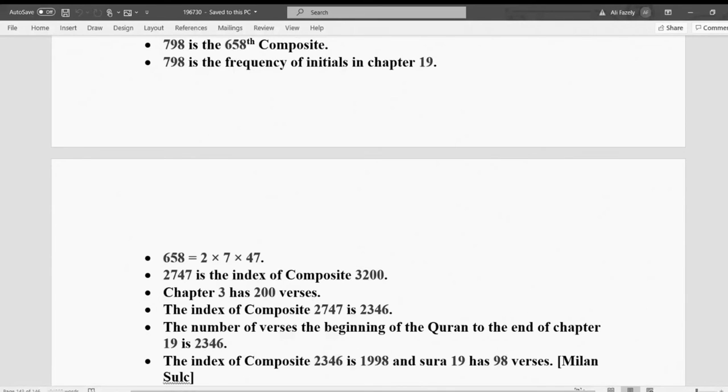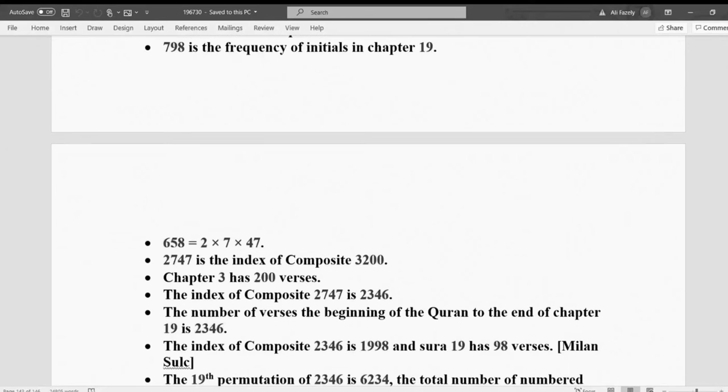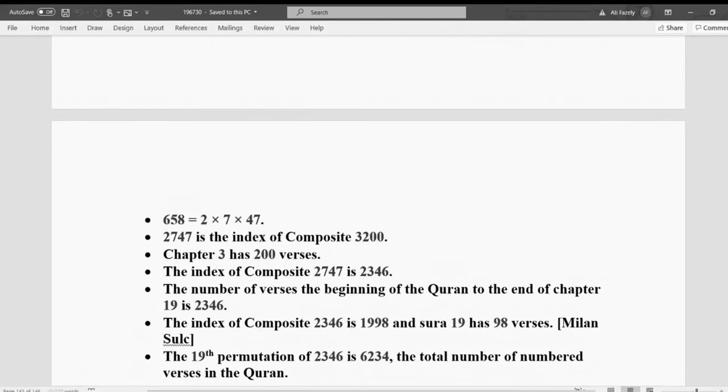So these numbers are somehow making a basis, okay, for basically the structure of the entire universe. And so this is the mathematics of the Quran. This is how the Quran was designed. Okay. The 19th permutation of 2346 happens to be 6234, and that's the total number of the numbered verses in